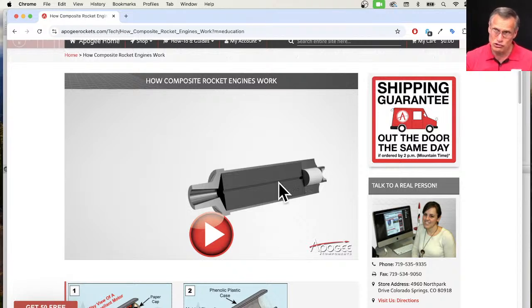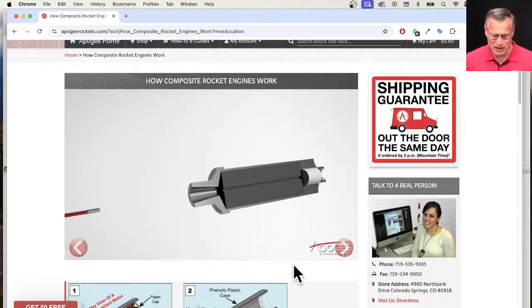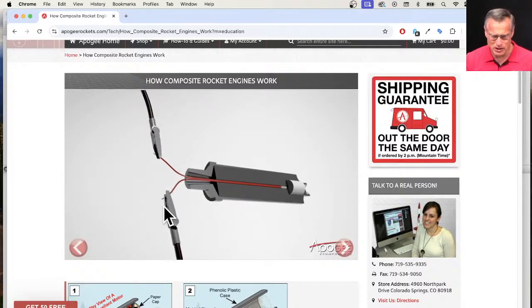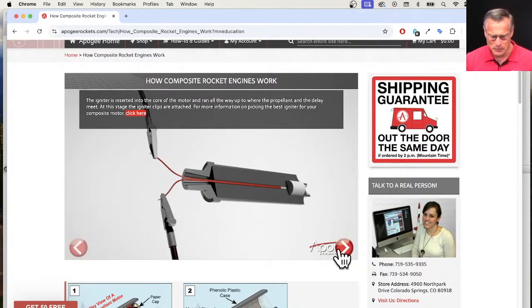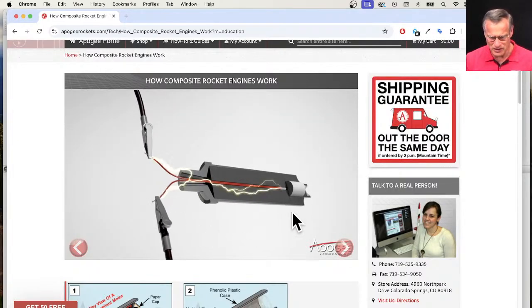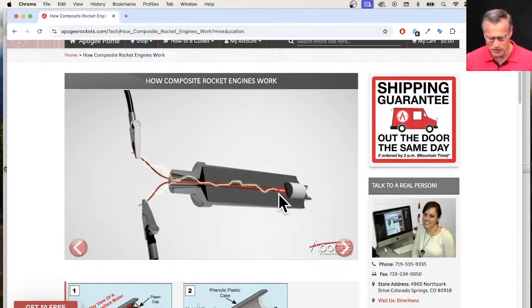Most composite motors are made that way because you don't want super high thrust and you don't want super low thrust. You want something right in the middle. So if we click on the animation, you'll see the igniter goes in, clips attach, and we're going to ignite it. Electricity fires off the igniter. You click the button,